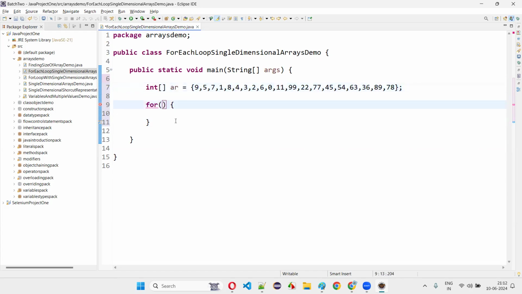In data type, you write int. And after that, declare any variable. You can say A, B, C, D, E, anything you can write. Let's assume E. After that, you write the colon symbol, and after that, you give the name of the array. This means for each and every element of the array,